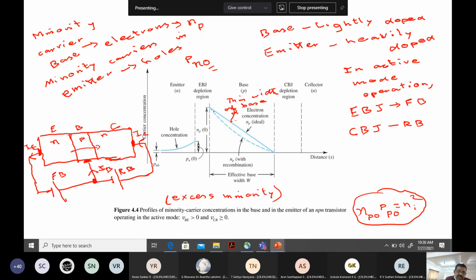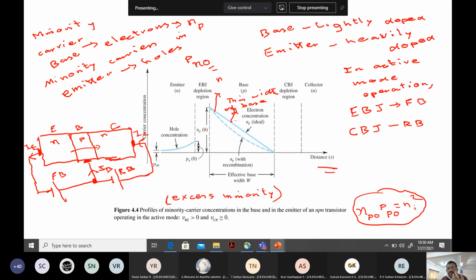Because normally this function we can write in terms of what is called the distance. The x-axis is the distance, y-axis is the carrier concentration. Now, what you have to understand with this diagram, you look at this diagram and this graph. This emitter being heavily doped will have larger amount of electrons compared to the base which is thinly doped. Okay, so the recombination is in a sense controlled.